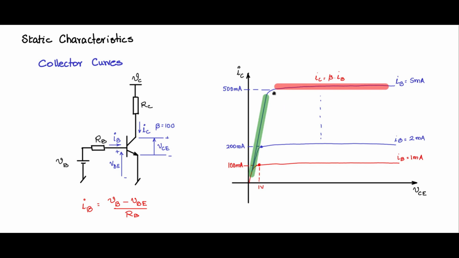Why? In this region you will see that IC values are less for the same value of IB. So IC values being lesser means that IB is greater than IC by beta. IB greater than IC by beta means that we are in the saturation zone. This zone is the saturation zone, and this is where VCE is minimum for the transistor. And for a switch, when it is in the on state, we want VCE minimum, which means that we have to pump enough base current to drive it into saturation, and this region we'll call the saturation region or the on state region for the transistor.